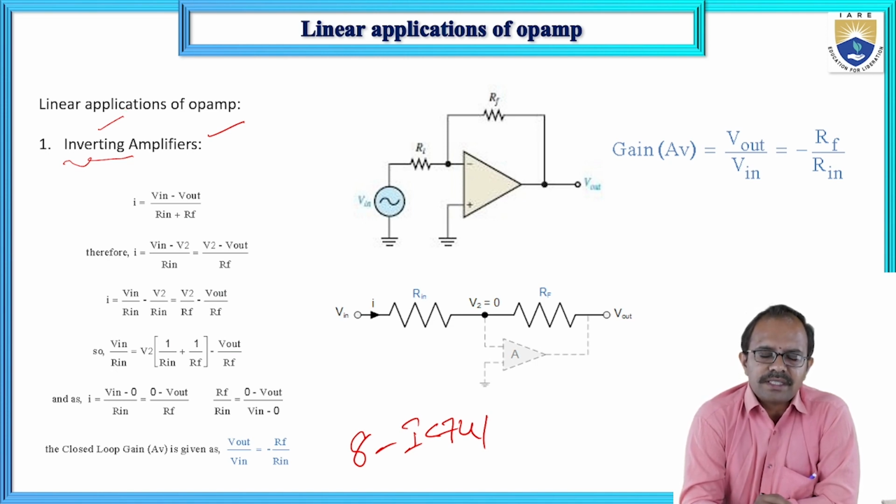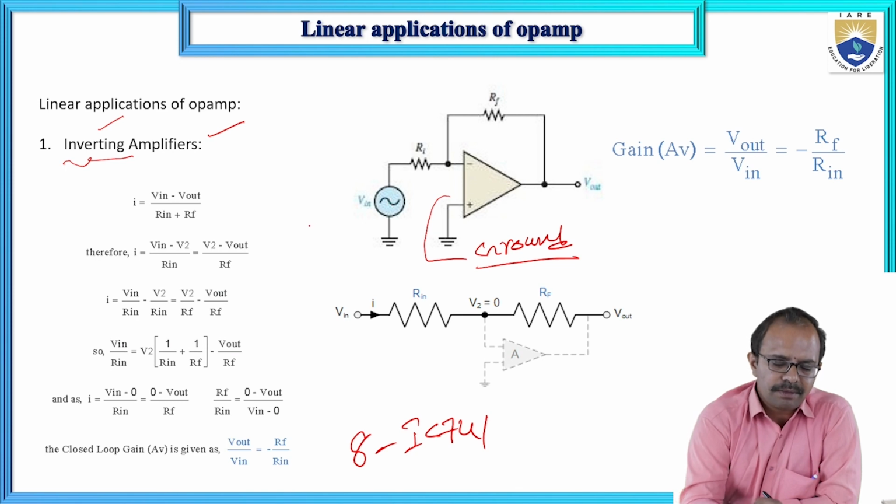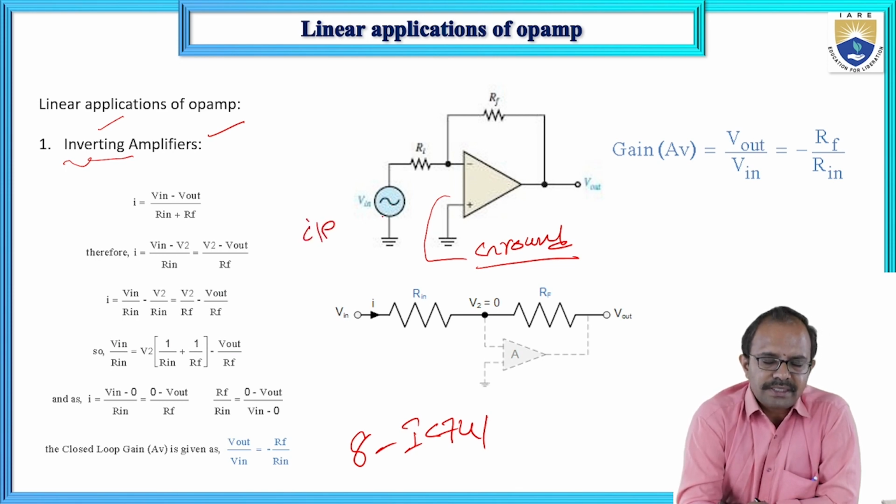Now consider IC741 operational amplifier. Look at the circuit configuration. As usual, we have inverting terminal as well as the non-inverting terminal. It is inverting amplifier, so what we can do? The non-inverting terminal is connected to ground. That is the first step. And then wherever we have the inverting terminal, there we need to provide the excitation, nothing but the input. That is, input is connected to the inverting terminal of